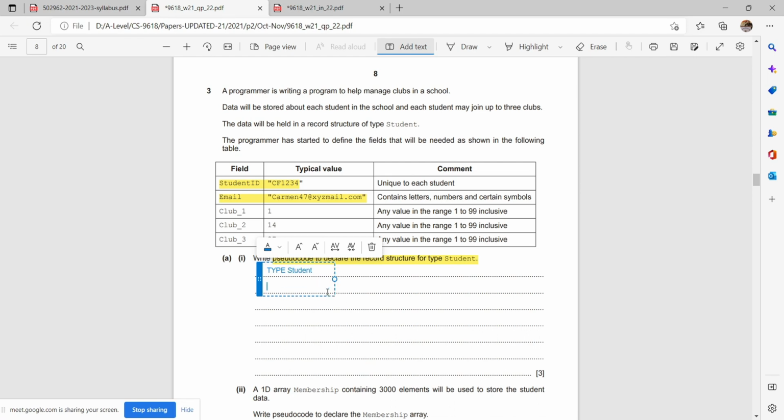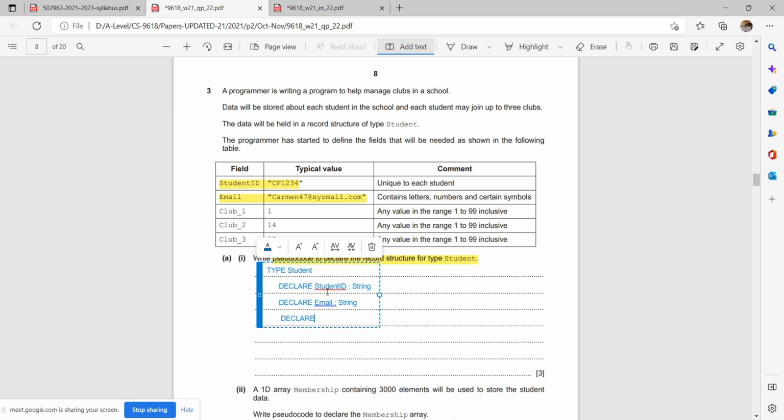Okay. And what we will be writing in it, we'll be writing declare student ID, and this is of type string, and then the second is declare email, and this is again string,